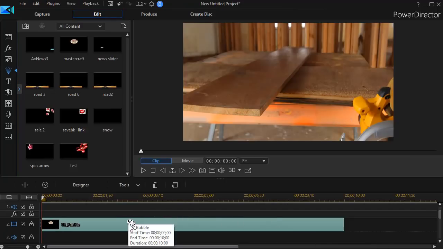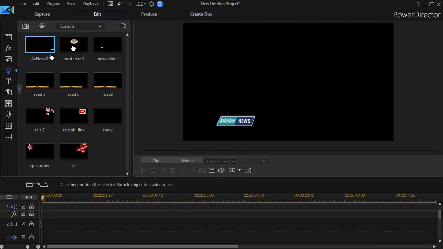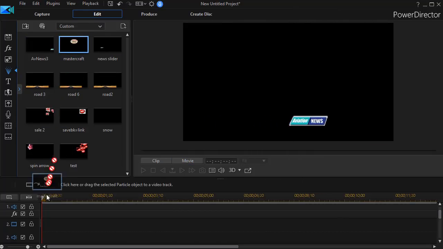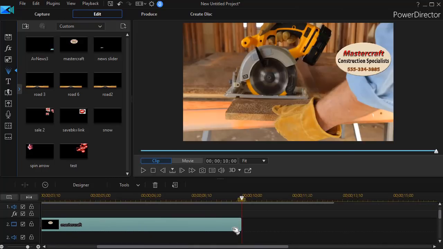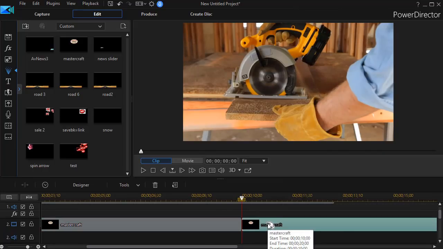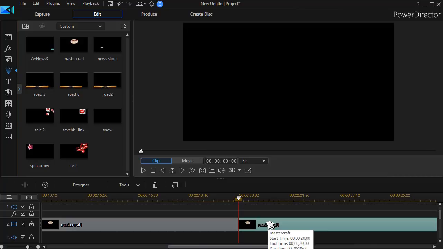Then I'll do OK, and now I'm going to take this out and I'll go back to my particles to my custom area. Here's mine called Mastercraft. I'll take and drag it down. And I can replicate it as many times as I want to. Right click and I can do copy. Press the N key and I'll do Control V to paste. And I can repeat that as much as I want,